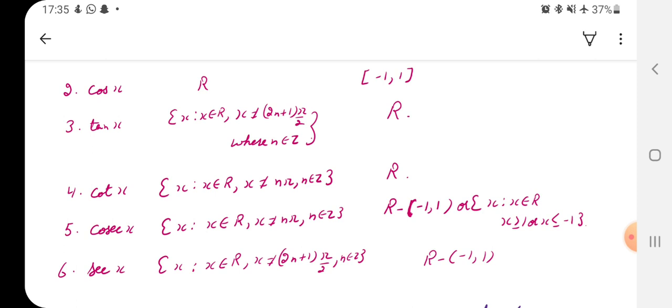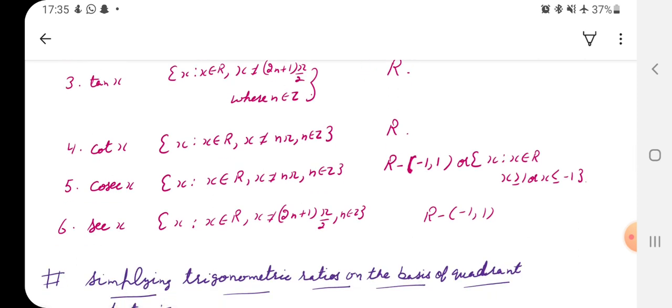Then the domain is the same as that of cot, and the range or codomain will be the set of real numbers. Now coming on to cosecant, it will be 1 by sine. So the same condition arises here: sine can't be equal to 0, same as cot, so their domain will be the same. Now the codomain: it is actually 1 by sine, and sine lies between -1 to 1.